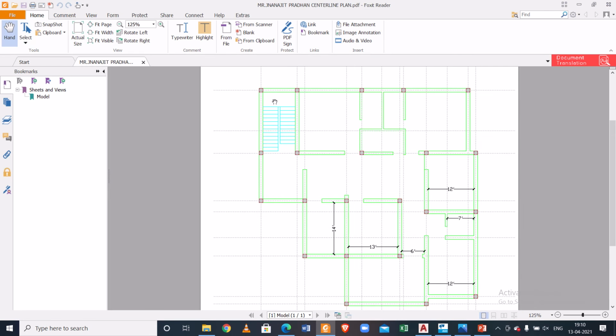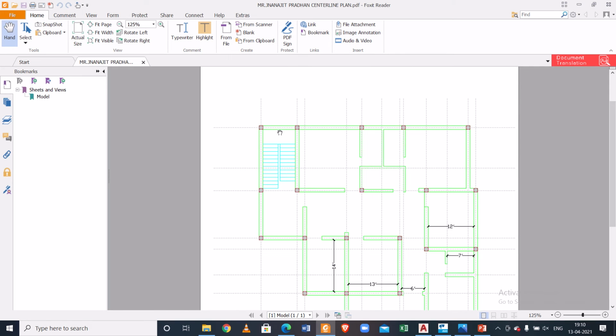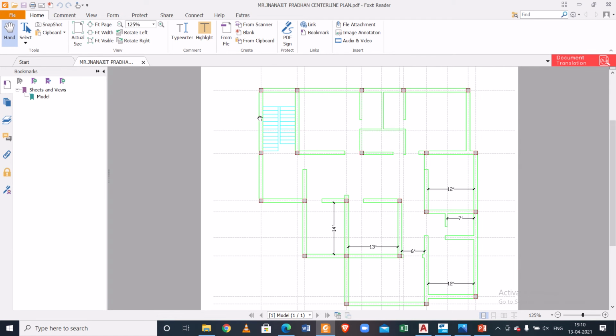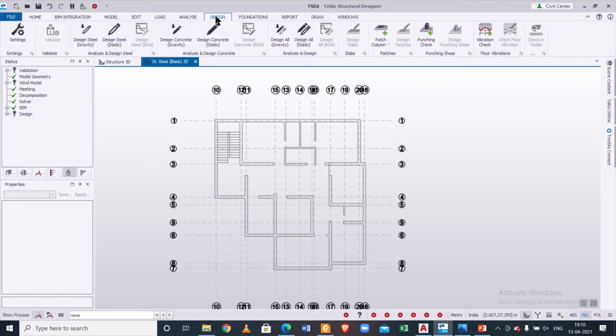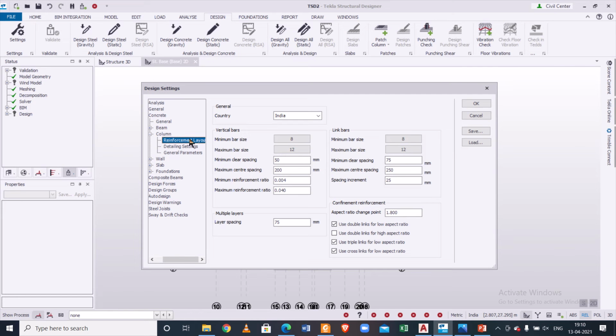So it's important to know that this column wall size was 1 feet, that is 300 mm. So 300 mm columns will be provided here, 300 by 300, and we'll start with this set of columns. First of all, before proceeding, just check the design settings here, go to design and design settings,